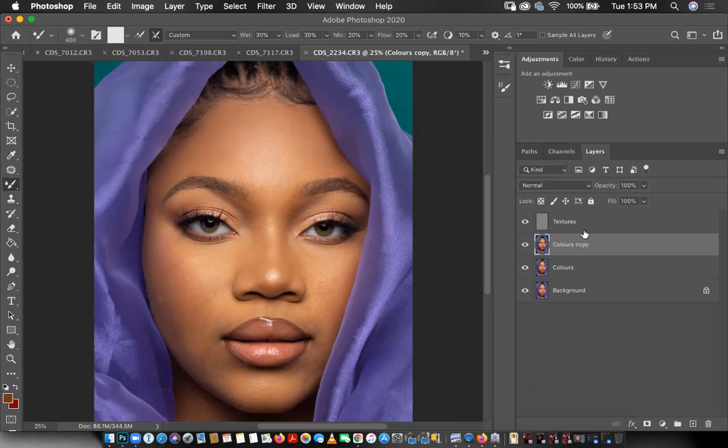That is the entire reason why you have your textures separated on a different layer when you're blending, because you want to maintain them. You don't want them to get smoothed out. Now, to maintain the structure of the face, let me explain this. The structure of the face is the major